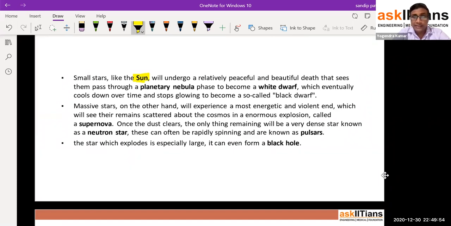Okay, so about small stars like the sun, right? As I said, the sun is very small compared to other stars, right? There are three different types, or phases, of stars. Small stars, which are like the sun, go very peacefully and beautifully, right? And after that they become white dwarfs, right? So that sees them pass through a planetary nebula,